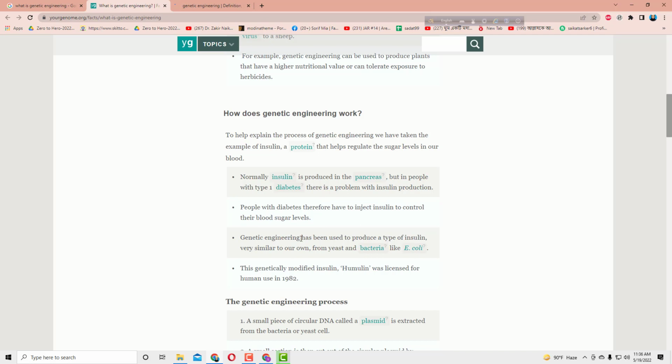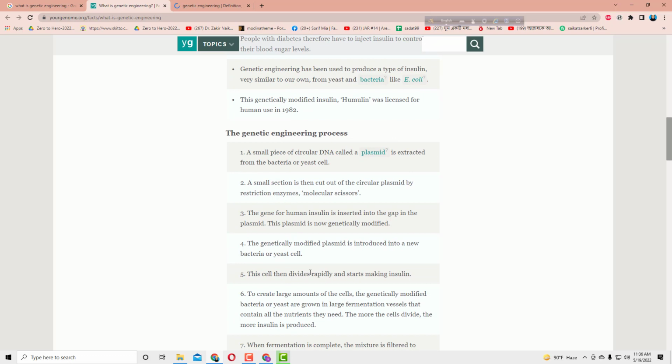Genetic engineering has been used to produce a type of insulin very similar to our own from yeast and bacteria like E. coli. This genetically modified insulin, Humulin, was licensed for human use in 1982। অর্থাৎ 1982 সালে সর্বপ্রথম এই লাইসেন্সটা পাওয়া যায় যে মডিফাইড ইনসুলিনটা হিউম্যানে অ্যাপ্লাই করা যাবে।